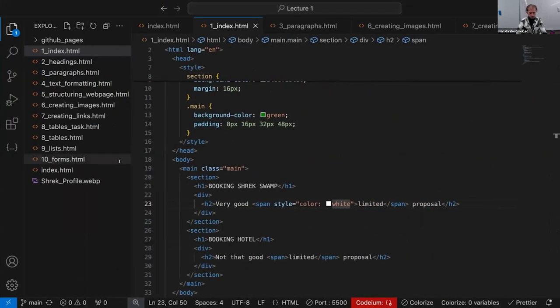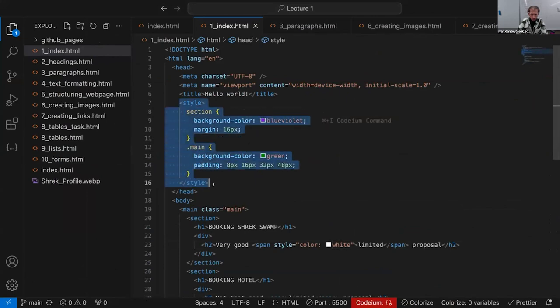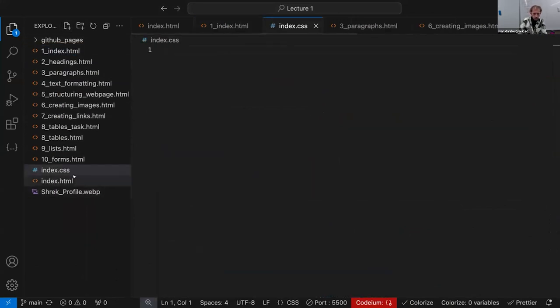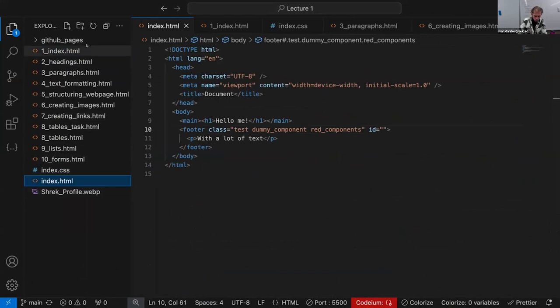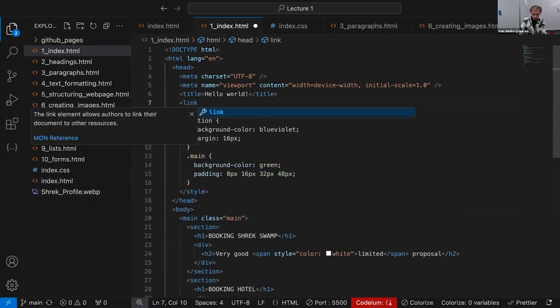Oh yeah, sorry. And the last variant, how you can add CSS to your file, you can just remove it. Well, no, let's start with creating an index CSS file. And here you need link